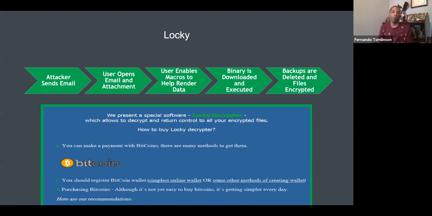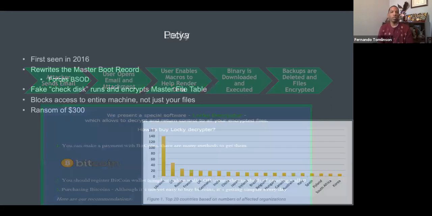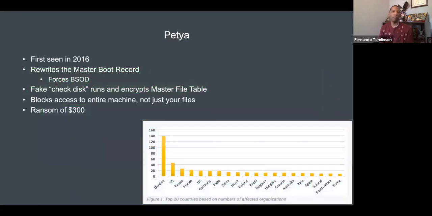And once that macro is enabled, it's going to actually download the payload, being a ransomware, and then we're going to actually encrypt the machine. Okay, so we see the ransom letter that's rendered for it. It's very interesting. Ransomware is going to give you some form of a letter. They're almost entertaining in some respect.